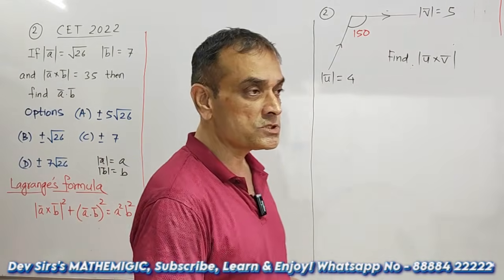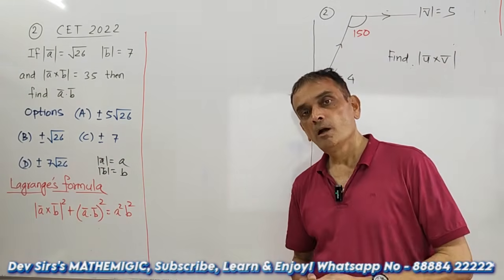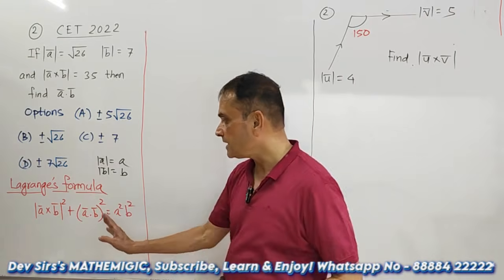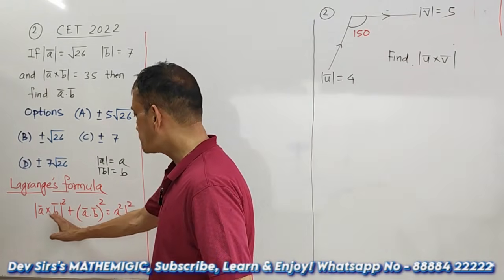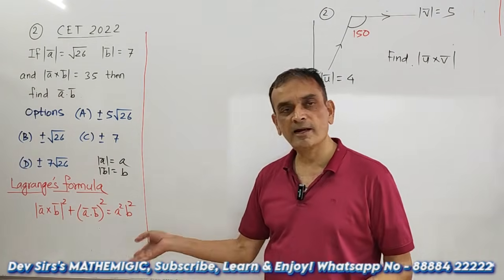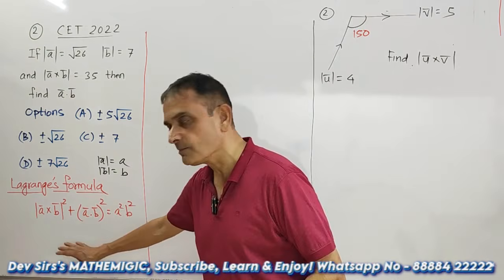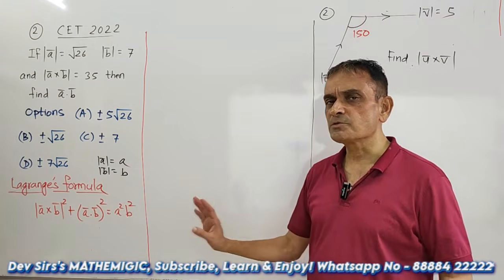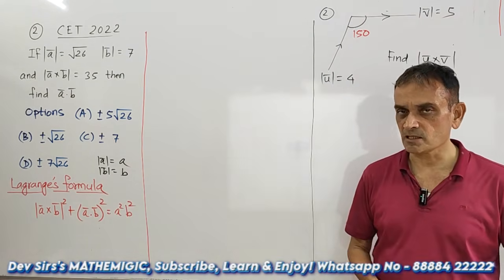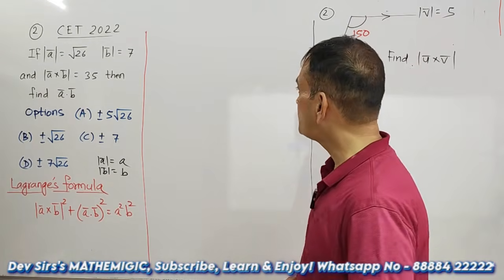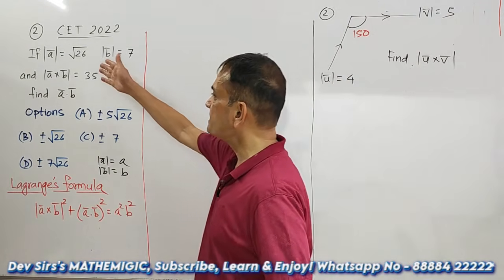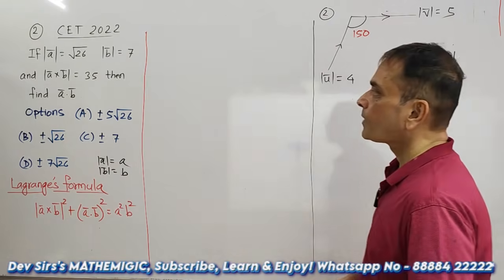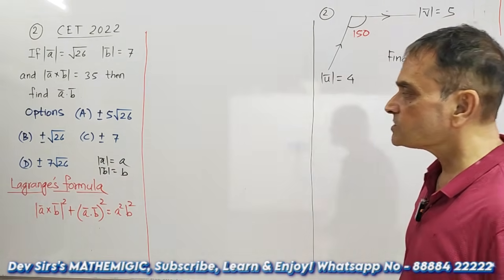And when is this used? When we have to find the relation between A dot B, A cross B, A squared B squared. This relation tells everything. It becomes very simple. Just substitute in that formula and find the answer. Now let us see the problem. We have already seen this. So using Lagrange's formula,